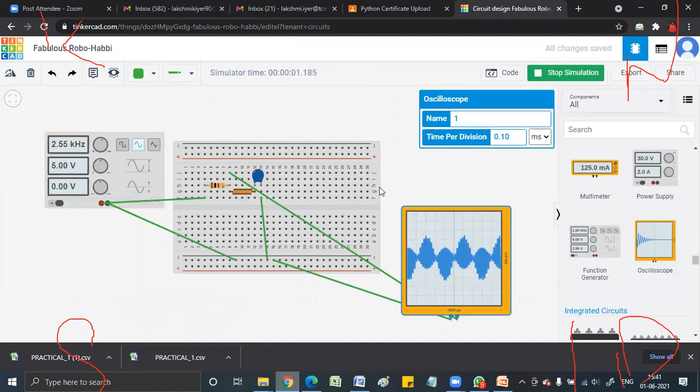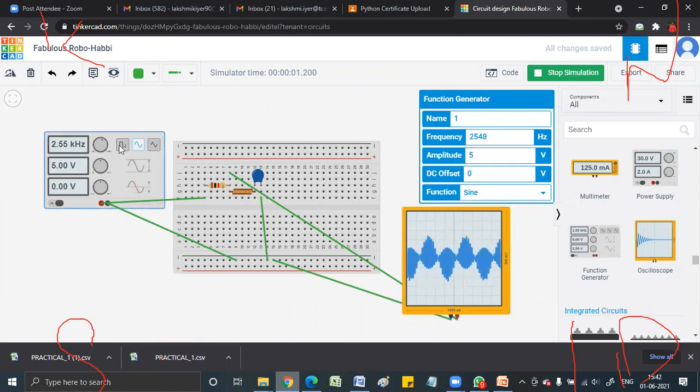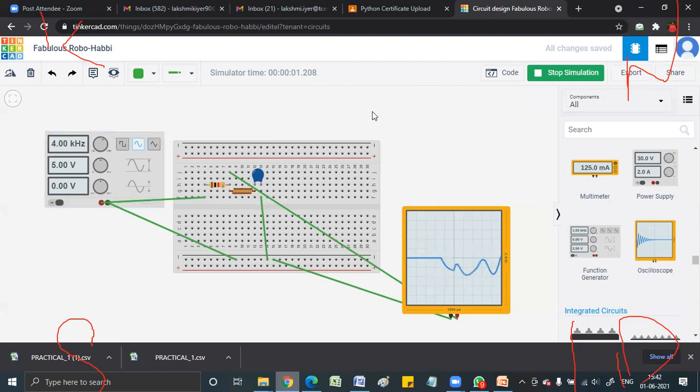And right now I know that this is the resonant frequency, right? But you will see that this is the lowest value you can ever get in that entire table. Okay, so let us take one higher value and then we can stop. Ma'am, take this 2.55 one for the screenshot. Yes, this one or any one, that's fine. So let's take another higher frequency, say for example 4 kilohertz, meaning 4000.